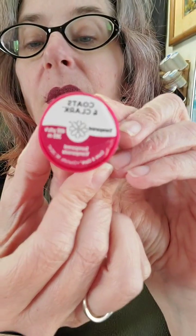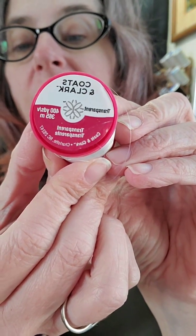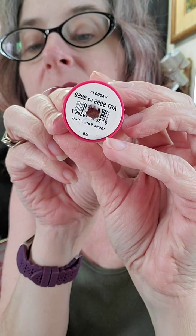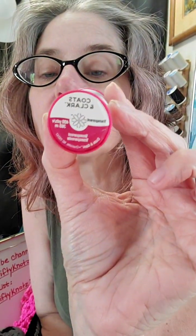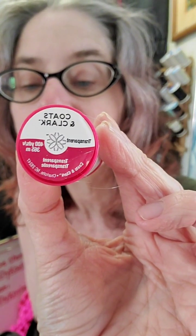It's Coats & Clark transparent, and it is 100% polyester. So if you see transparent thread that says it's acrylic, the polyester threads will hold up to higher heat than the acrylic threads will. So if you're going to buy transparent thread to do your stitching, there you go. If you're going to buy transparent thread to do your stitching and stitch your linings in,